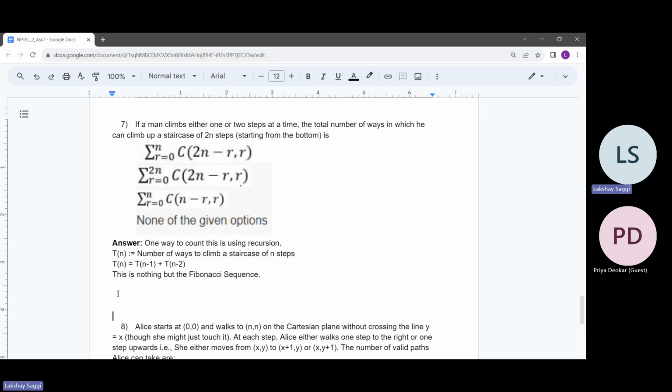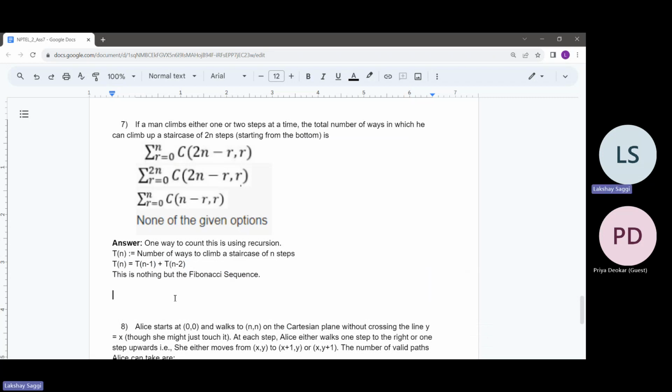A high level rule is that the same thing can be counted in multiple ways. There is no fixed way to count something. One can come up with some clever way, and another can count using some other complex ways, and so on. So recursion was one way to count the number of ways. Another way is